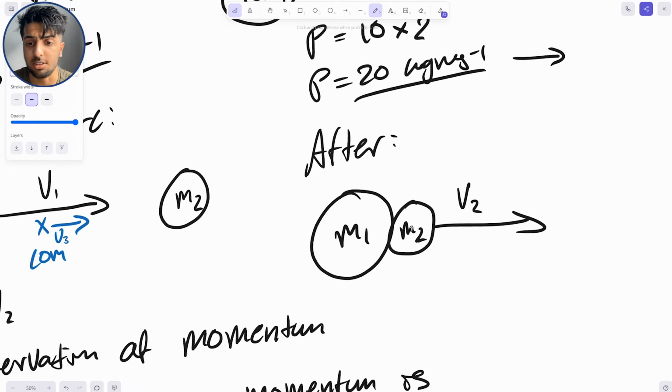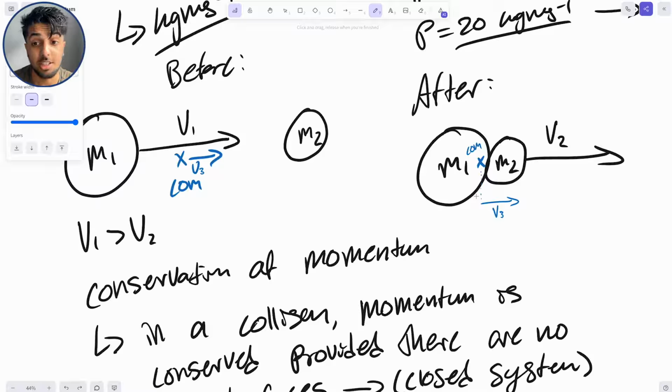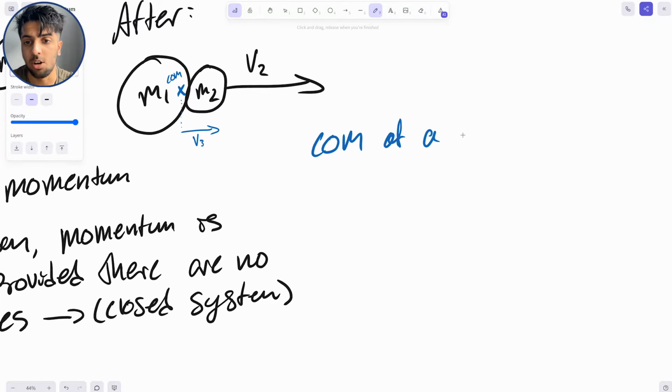And so after the collision, it will probably be somewhere like here. So again, still closer to m1, but more in the middle because m1 and m2 are together. And so that's the center of mass. But that center of mass is still moving, let's draw a line, it's still moving at a velocity v3. This is actually another way of stating the conservation of momentum. We can say that the center of mass of a system follows